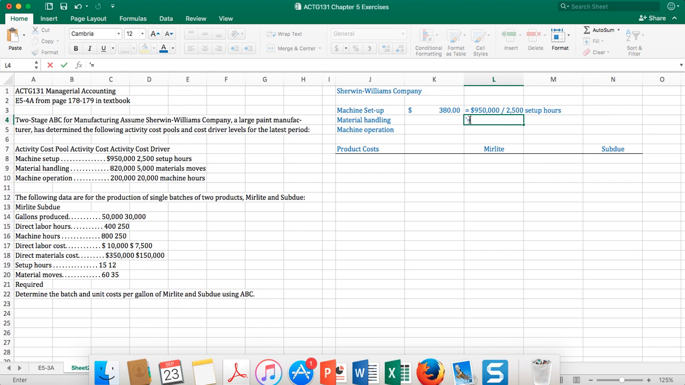Let's look at the calculation for the next one. It's the material handling. That's $820,000 divided by 5,000 material moves. And this reveals a cost of $164 per material move. And our last one, machine operations, looks like so,